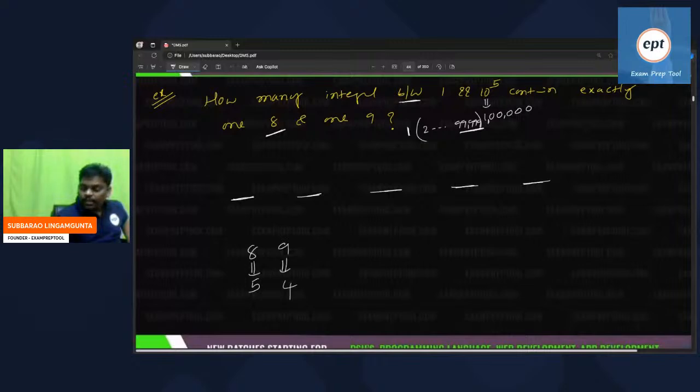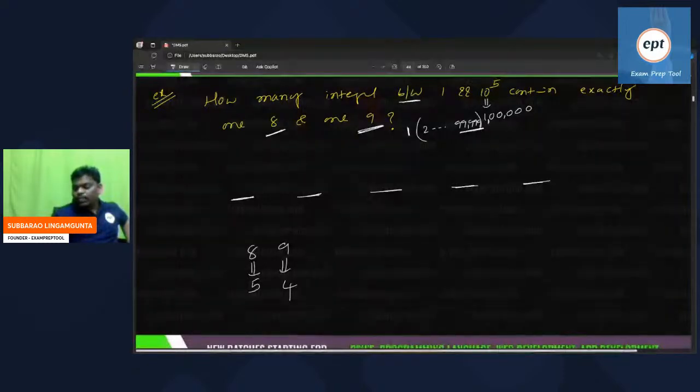9 can go to 4 places. Out of these 5 people, 8 can go anywhere. 8 having 5 possibilities, 9 having 4 possibilities. You can select wherever. 9 can go to 4 places. Suppose if you take the 9